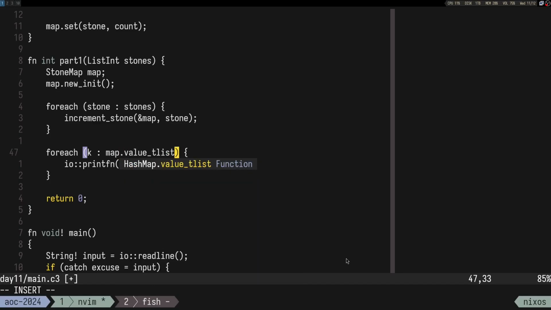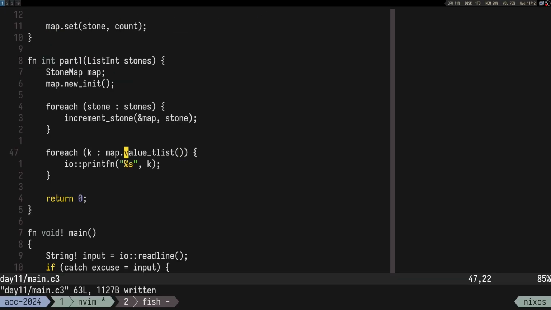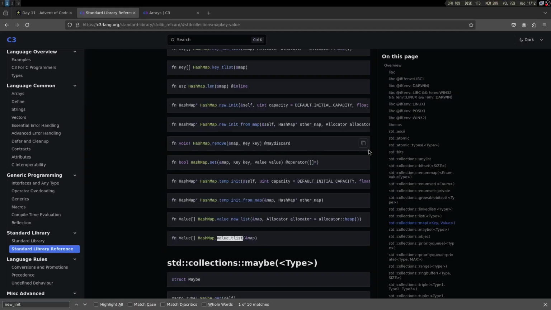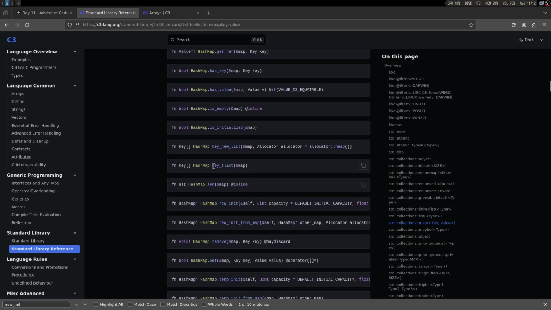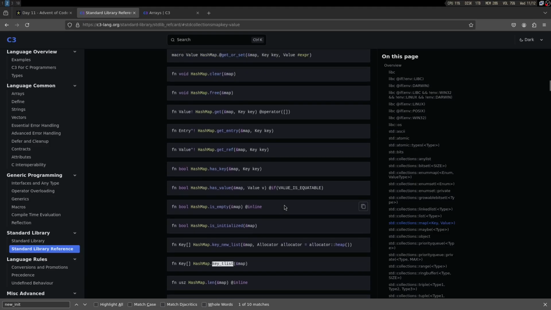Let's say value t-list. So these are going to be the values. 1, 1 makes sense. Key t-list. So those are going to be the keys. T copy keys. Oh, so we have some deprecated stuff. Nice. Key t-list. Wait, but it's saying